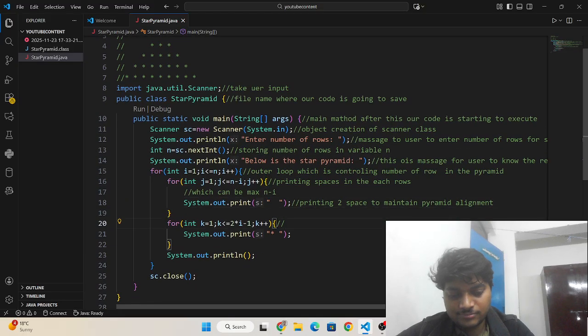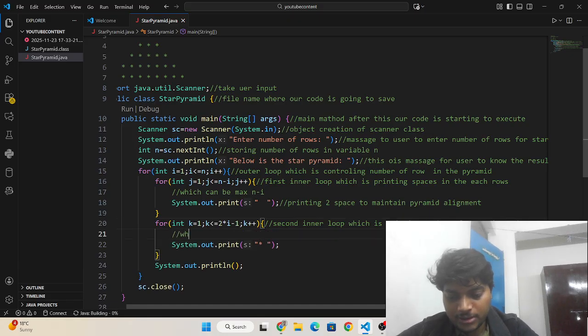This is the first inner loop, which is printing spaces in each row, and this is the second inner loop, which is printing the number of stars in each row.